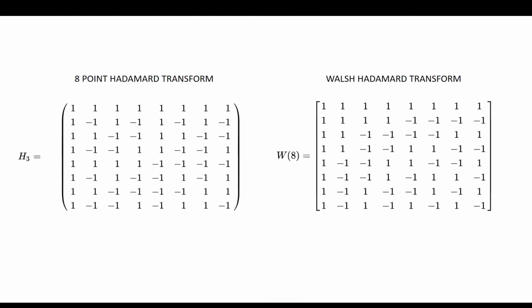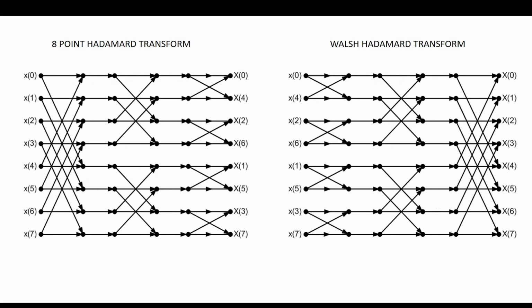The difference between the Hadamard and Walsh-Hadamard transform is the number of sign changes in the Hadamard matrix. If it is in the 2 power n order, then it is called a Walsh-Hadamard transform. Using the DIT and DIF structure, we can implement the Hadamard and Walsh-Hadamard matrix as it is. The first DIF structure will implement a Hadamard based transform, and the second one will implement the Walsh-Hadamard based transform.